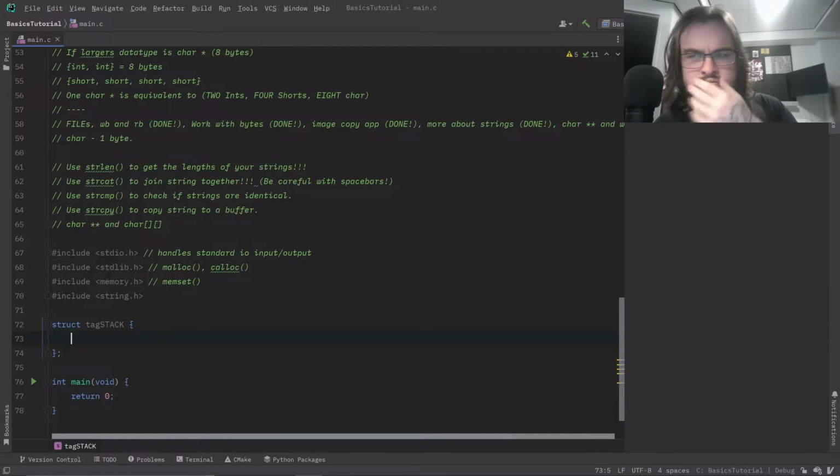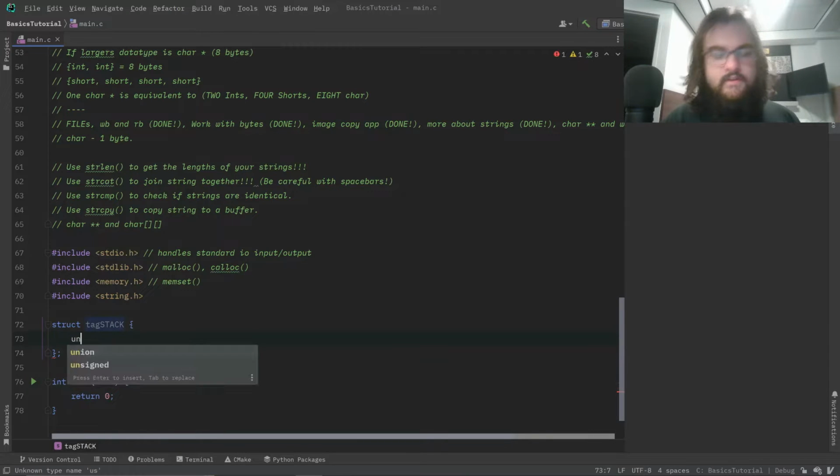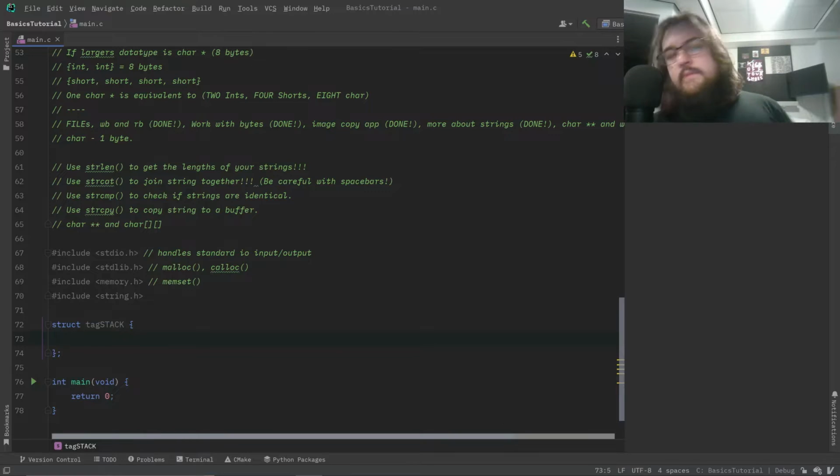So the largest data type would be a char pointer, our array of chars, and the lower one would be an int. Yeah, we can basically just do an unsigned char here. So for the people who don't know,